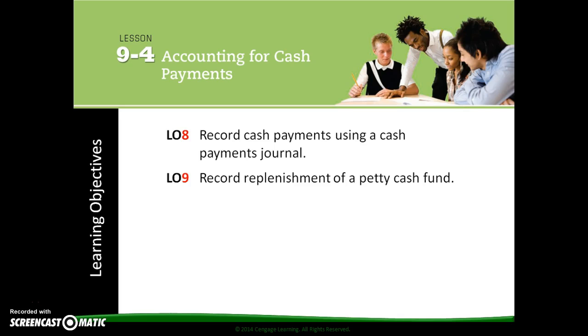Today we're looking at Lesson 4 from Chapter 9. Remember, now that we are in Chapter 9, we've transitioned away from accounting for sole proprietorship. Lesson 4 deals with accounting for cash payments, and one of the things that we want to remember is that